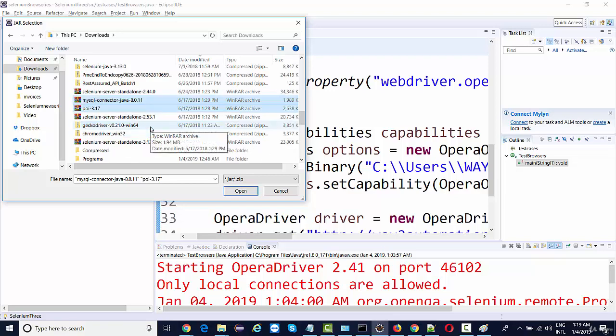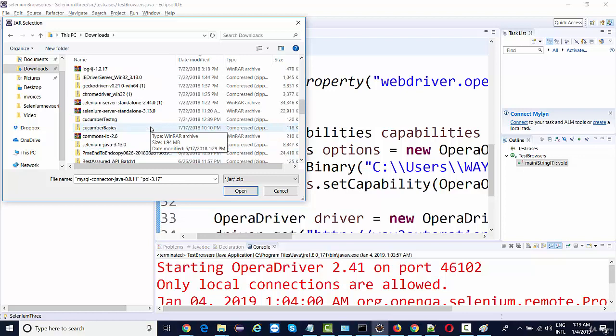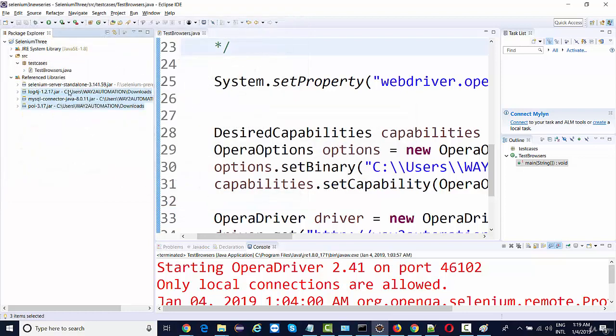If I want to use log4j, then I'll add log4j. Click on open and you can see all the jars are added. Now it may happen that the Selenium version is changed to 3.14, so I included the latest one. Later on there may be a change to the log4j version as well. Some latest log4j jar file is there. Some latest POI jar file is there.